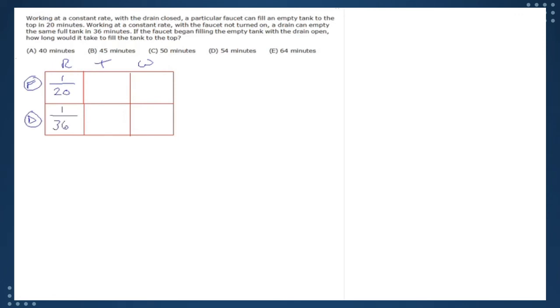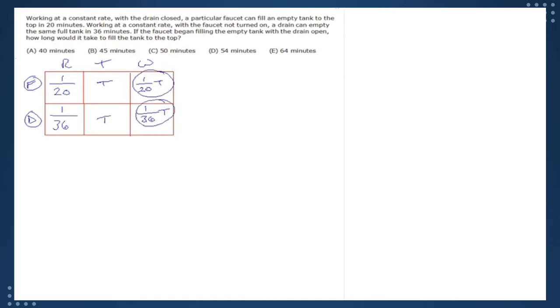So just to be clear, the thing that is faster is the faucet because it's doing its job in 20 minutes, whereas the drain is doing its job in 36 minutes. So something to think about so you're not getting that backwards. Now, since this problem revolves around a faucet filling a tank with the drain open until we get the tank full to the top, that means these actions are happening simultaneously, which means they're working together for the same amount of time. So we have 1 over 20t, we have 1 over 36t, and basically we can take this,